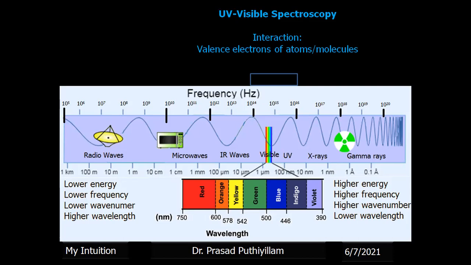in my previous video. So here the valence electrons of an atom or molecule interact with the UV or visible radiation. They will jump to a higher energy level by absorbing certain radiation, or they emit certain radiation. Those are considered under UV visible spectroscopy. Here it is actually the absorption of electromagnetic radiation that is considered: how much light is absorbed or how much light is transmitted. Based on that, we analyze the given sample.